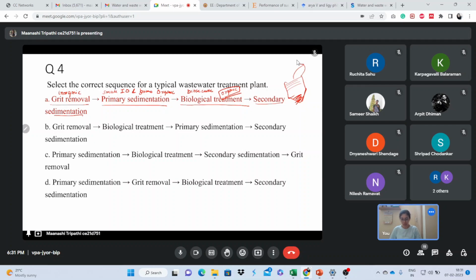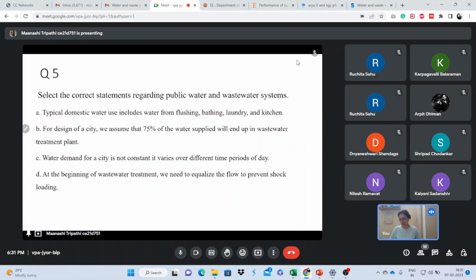After that, there will be more treatment. If you want to use water as drinking water, you have to do tertiary treatment as well. If you want to use water in agriculture, you have to do a very different type of treatment. But this is the basic thing. This will happen at all costs. Different types of biological treatment can be there, but this is going to happen. Okay, next, let's move towards the next question.